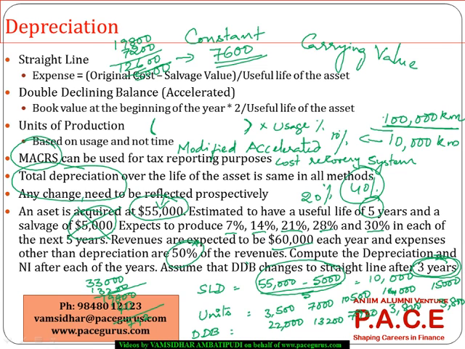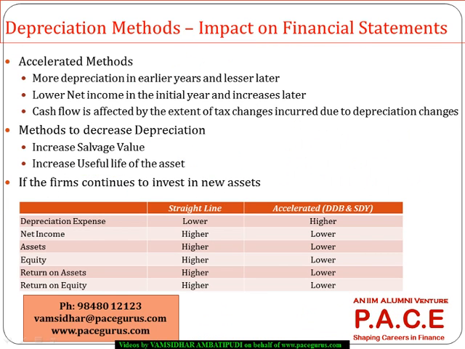All we are observing is that in a double declining, a good proportion of the asset is getting depreciated in the initial few years itself, right? Now a few more things. Some of the things we have already dealt with. If it is accelerated depreciation, we see that there is more depreciation in the initial years, whereas the depreciation goes down in the later years. Because of that, the net income is much lesser in the initial few years, whereas it increases in the later years. Whereas when we are talking about the cash flows in all these mechanisms,